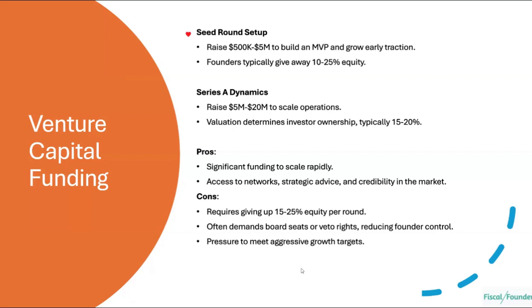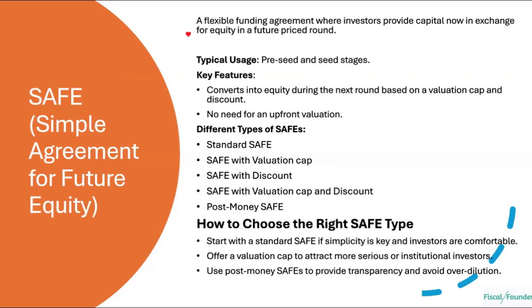So again, pros and cons, you have both. Pros is you get the money, you can build faster, you can grow faster, you get access to a lot of networks, strategic advice. If you raise money, it's easier to raise the next round. Cons, obviously, is you're giving up board seats, you're having people who are going to determine how you're going to grow your business. There's also going to be a lot of growth targets. We had so many times our board tell us you need to do a restructuring because you're not growing fast enough. So we had to do a lot of restructurings at my company, and most of them were board driven because we were not hitting our targets. So you are controlled by them at some point. So keep that in mind as you're growing your company.